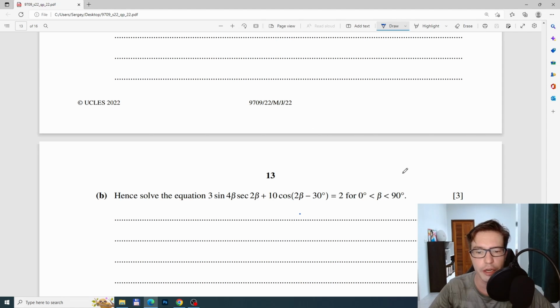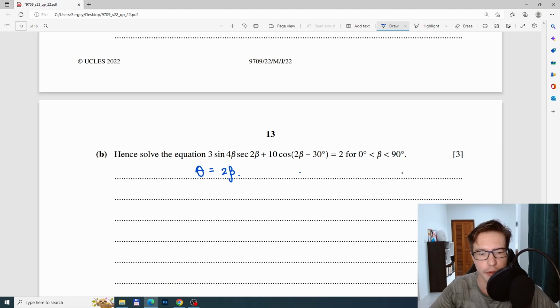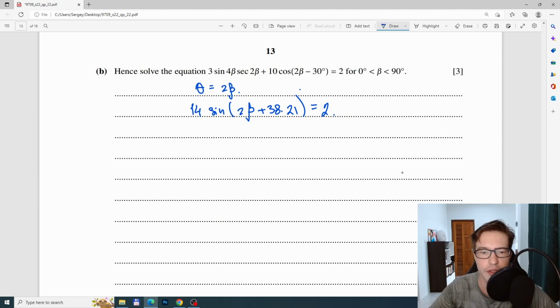Okay, in the last question, we have to use our identity to solve the equation. And to do so, we can just spot that this time theta equals to 2 beta. And we can rewrite our equation using the identity. So it's 14 sine 2 beta plus 38.21, and that must be equals to 2. So first we can divide by 14. One over 7, then take the inverse sine, and we'll get 2 beta plus 38.21 equals to